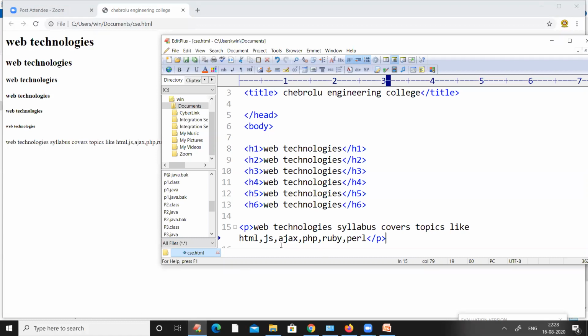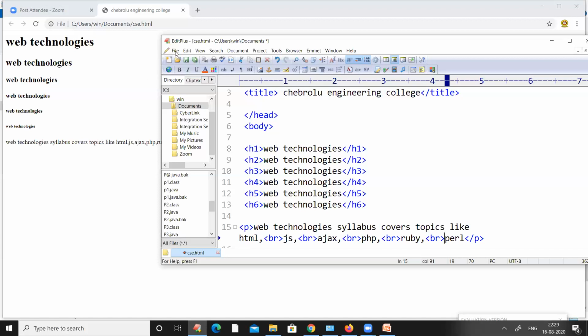So I use a tag called the BR tag, that is called the break tag. If I use this break tag after each and every topic, then each and every topic will be represented in a new line.